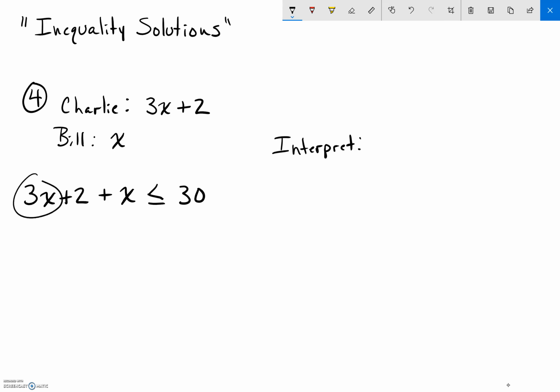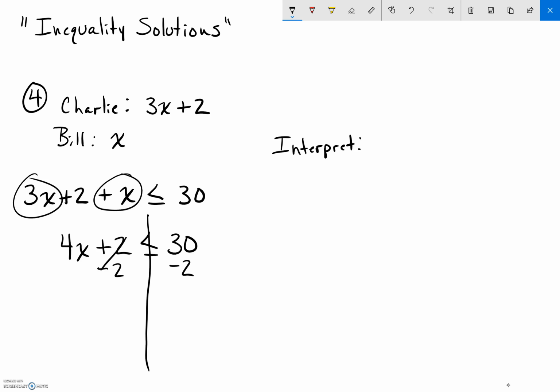Here we can combine like terms, 3x and 1x. We can combine that into 4x plus 2 is less than or equal to 30, and now we have an inequality that we can solve. Take away 2 from both sides. You're going to get 4x is less than or equal to 28. Then we're going to divide by 4. And we're going to get x is less than or equal to 7, which means